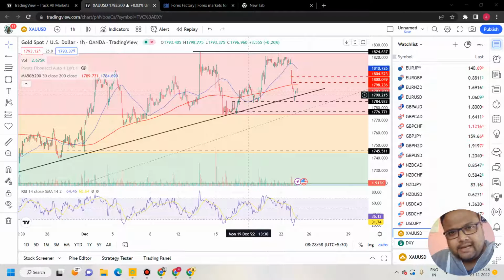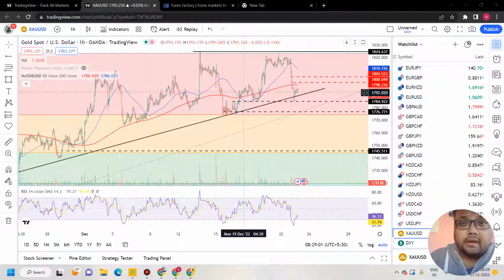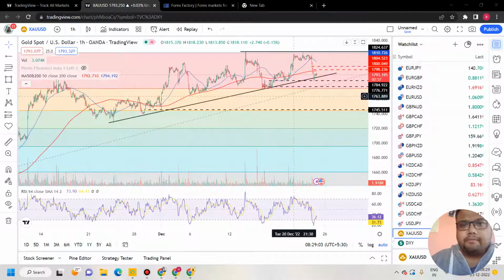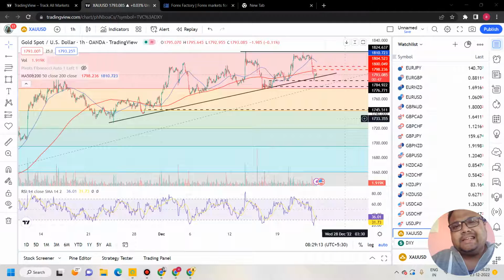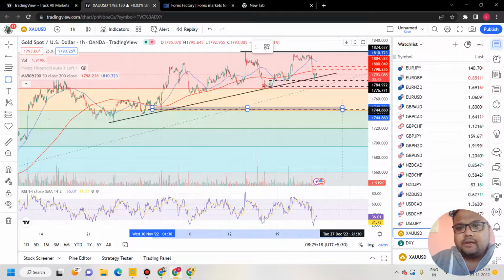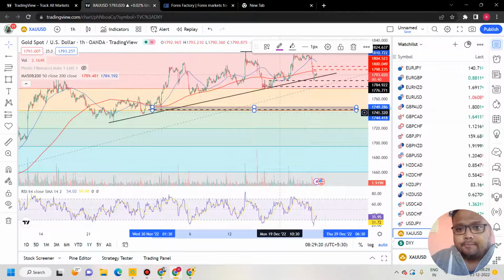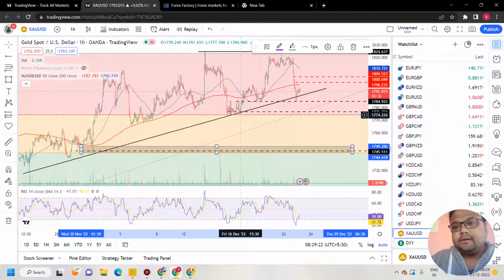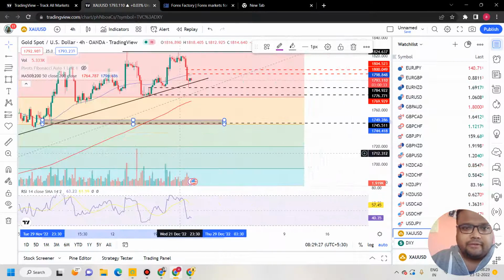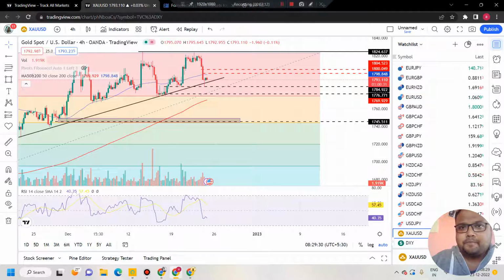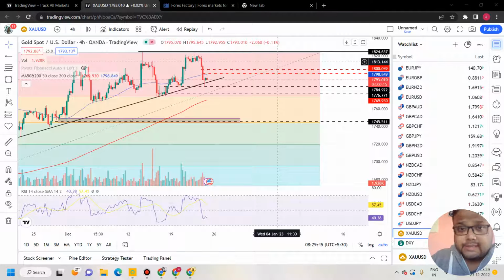Below the 1770 level, if the market drops, then there may be a huge sale because the next big support or proper logical support will be around 1745 to 1750. 1745 is the real level, 1750 is the psychological support for the market. So as a result, we will be considering 1745 to 50 altogether. Those who are thinking about the divergence here or divergence on the 4 hours chart, let me tell you one thing very well, my dear friend, that this is the market. You need to understand the price behavior first.